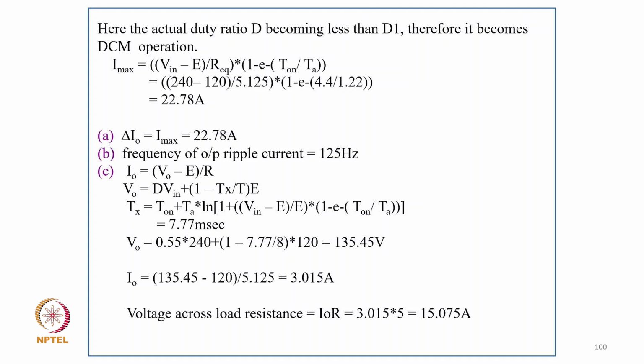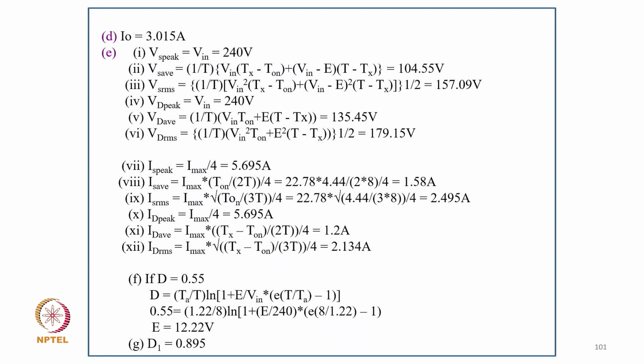So I equal to (V minus E) upon R, and V equal to D V_in times (1 minus Tx upon T) plus E. So calculating from this, Tx comes like 7.78 millisecond, and the output voltage comes 135.45. I_0 becomes, putting a value, 3.015 ampere, and voltage across the load resistance I_0 R comes typically 15.075 volt. And I_0 equal to 3.015, so we can calculate the Vs peak, which equals V_in, that is 240 volt. Vs average equal to 1 upon T, and putting the value